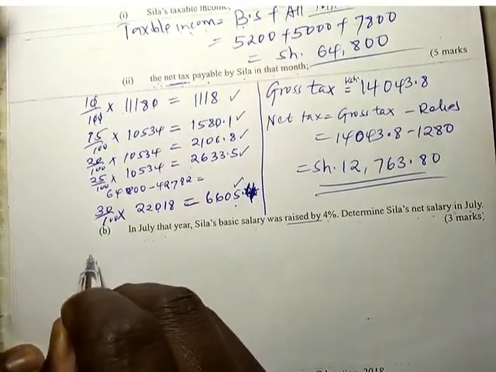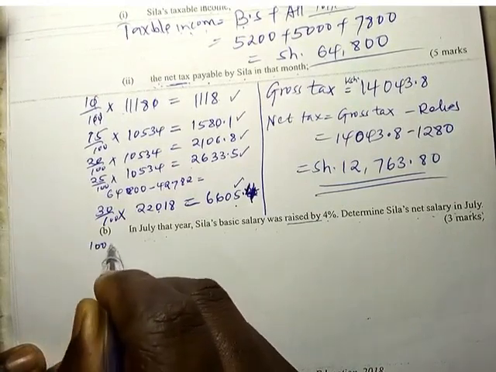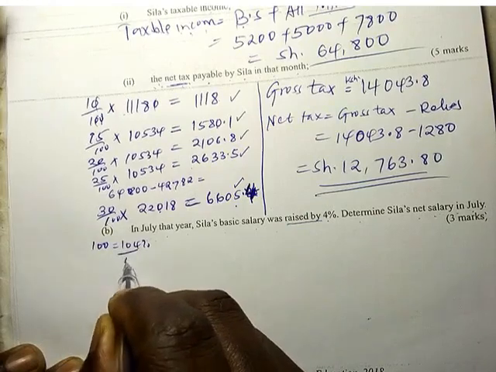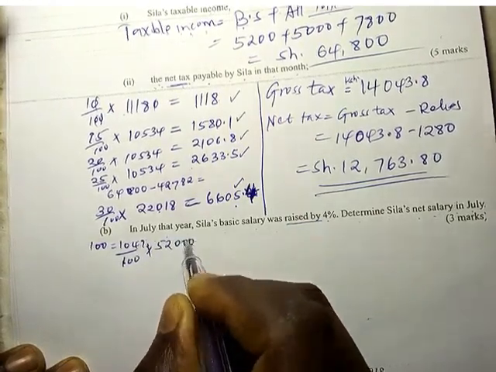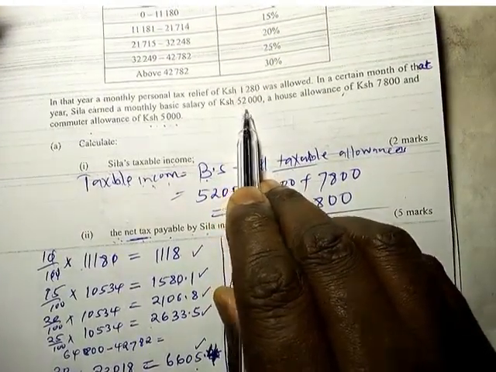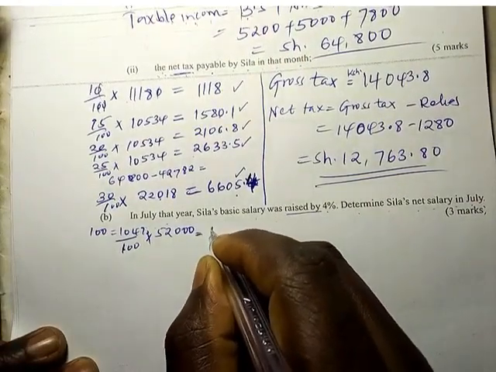Remember, initially it was 100%, but if it has been increased, it's going to be 104%. So we are going to get 104 over 100 times 52,000, which is the basic salary. Remember, the basic salary was 52,000. So the new basic salary will be